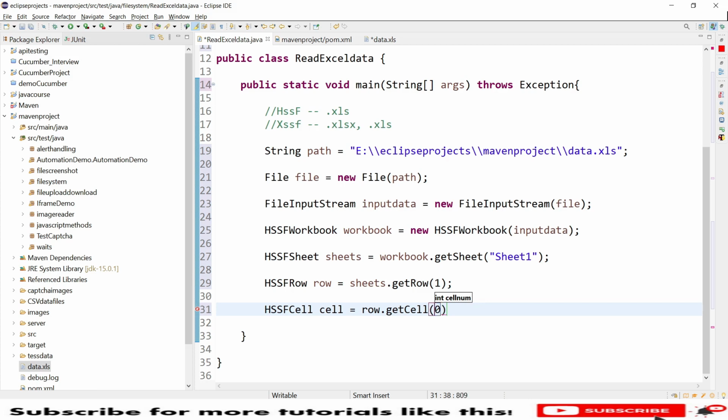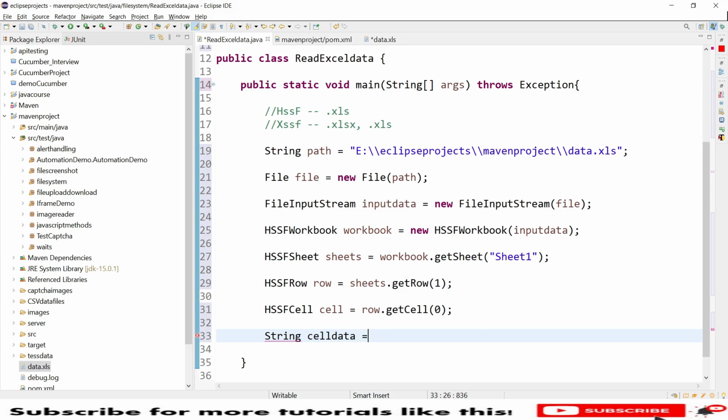For now I wanted to read the first name, so let my index be 0 only here. Now again using a String, I need to get the entire value that is in my cell of index 0, right? So I need to get the entire data from there, so I will be storing that into my string. So that is